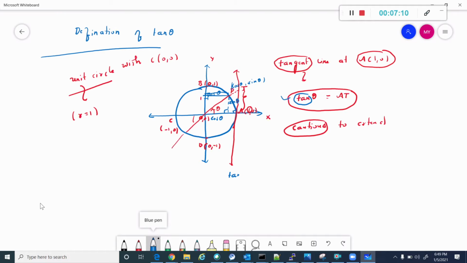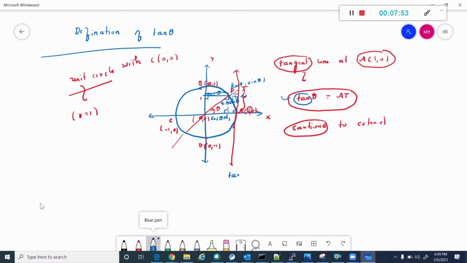If I consider this point as N1, this is theta. In triangle OPN1, since the sum of angles is 180, this is 90 minus theta. Also, by the definition of a tangent, this angle will be 90: the line drawn to the center is perpendicular to the tangent. That is the definition we have learned from primary geometry. So this is theta, this is 90, and so this will be 90 minus theta. Correct? If you have doubts, please stop me here.